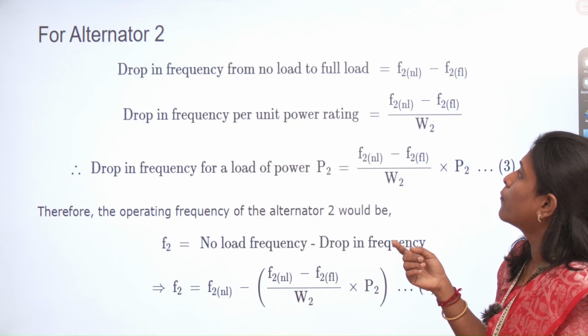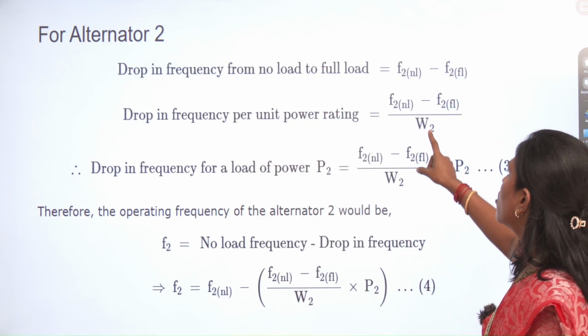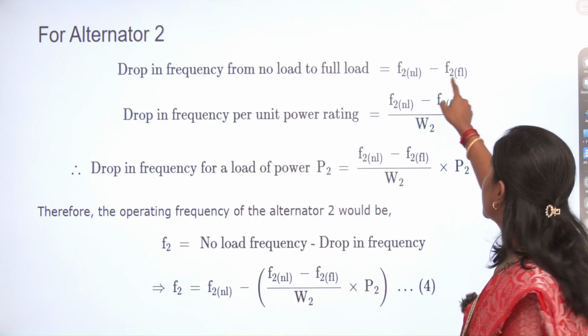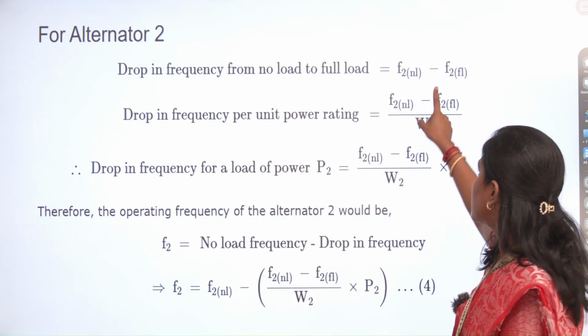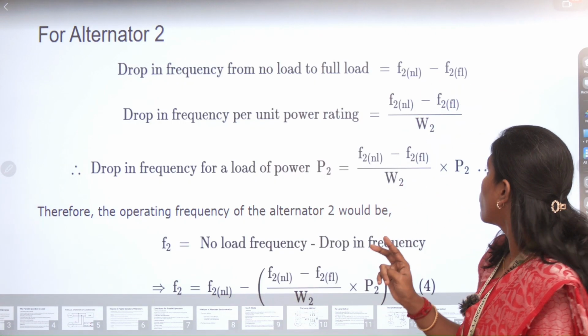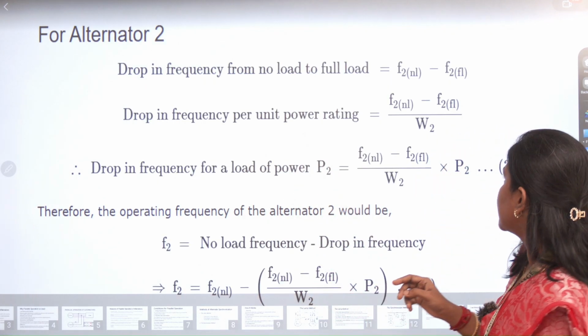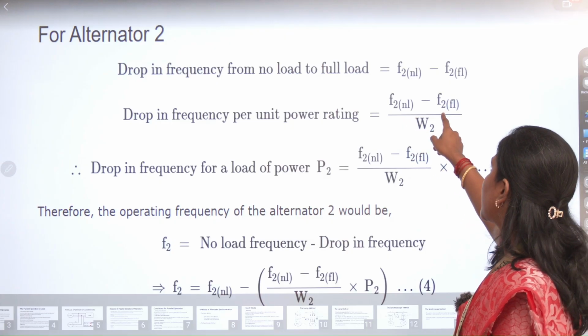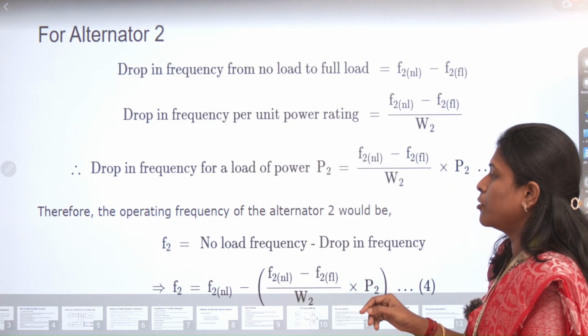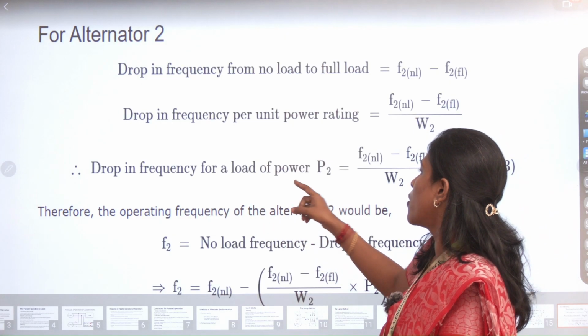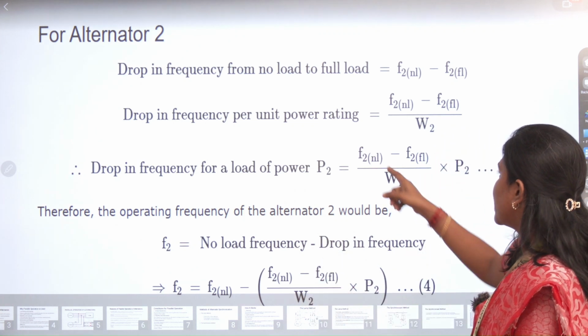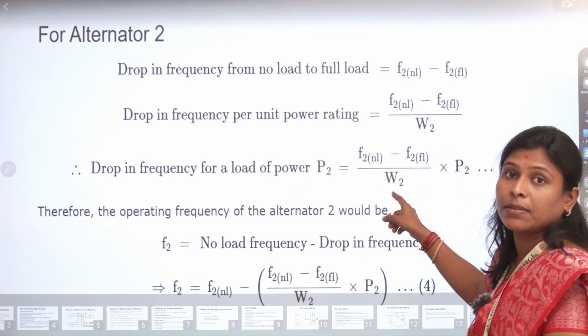The drop in frequency for alternator 2 from no load to full load is F2 NL minus F2 FL. Here, NL is for no load and FL is for full load. The drop in frequency per unit power rating is equal to (F2 NL minus F2 FL) divided by W2. Here the drop in frequency for a load of power P2 is equal to (F2 NL minus F2 FL) divided by W2, multiplied by